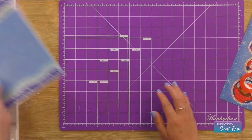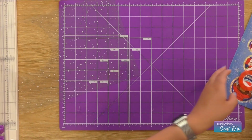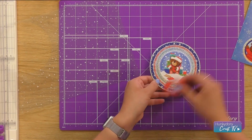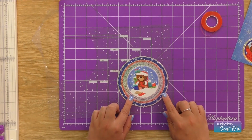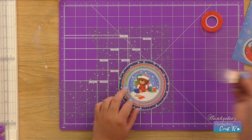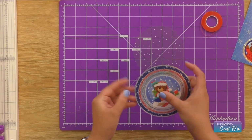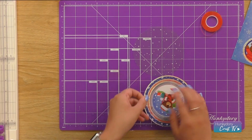So just leaving that to one side, we're going to take our Snowfall acetate and I'm going to pick out my topper which we're going to use, which will be this large topper with the two borders. So first of all, I'm going to line up my frames onto my acetate, and then we're just going to cut that out so you'll have a circle which fits the exact size of your topper. Then what we're going to do is just remove all of the frames from the topper and we're going to stick